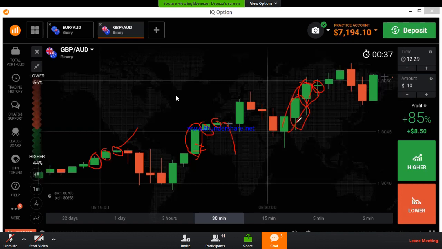After these strong candles, you are seeing one indecision candle. Indecision means we need to take a decision after this candle. We can't take any decision here because this is an indecision candle, but we can take a decision by analyzing the previous candles. You can see there is a lot of buyers pressure, right? This is indecision. Indecision means we can't take any decision.